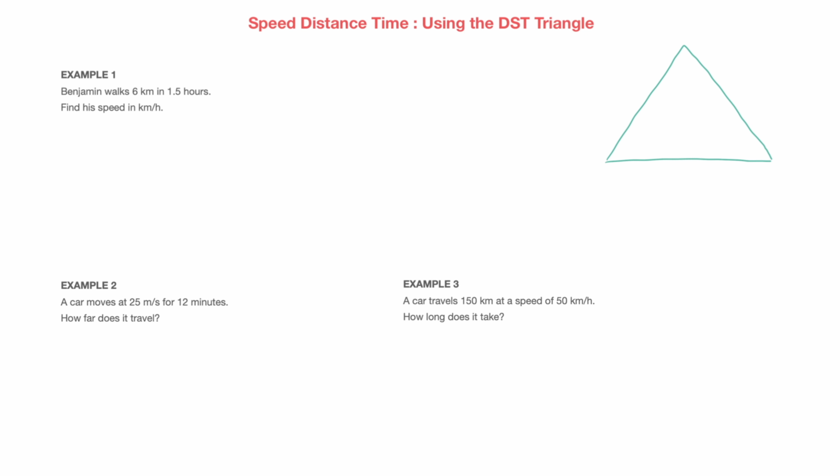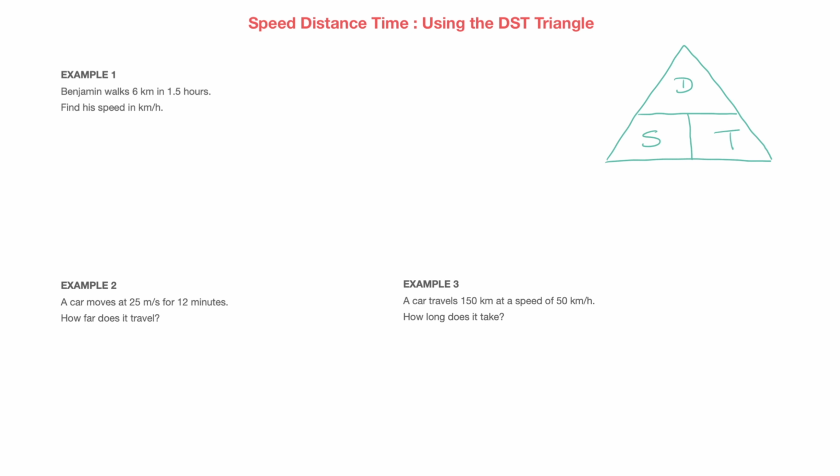And at the top of this triangle, I'll write a capital D. And underneath that, I'll make a sort of second row in which I'll write S as well as T. And I'll separate them both by a vertical line like this. This is what we'll be calling the DST triangle, where D stands for distance, S stands for speed, and T